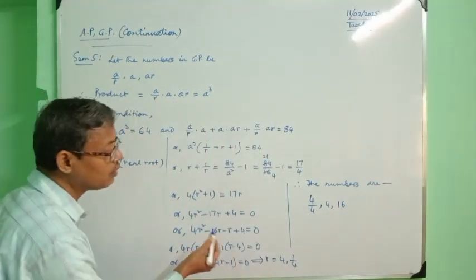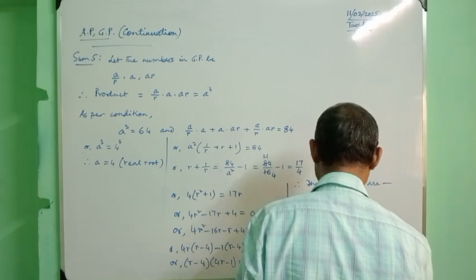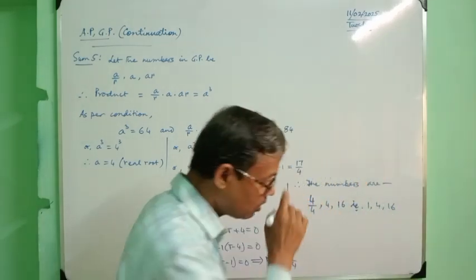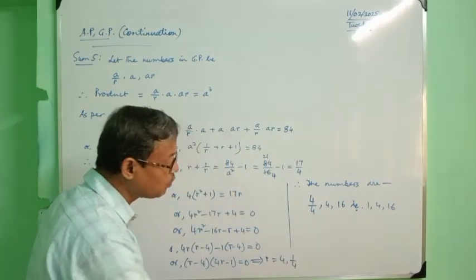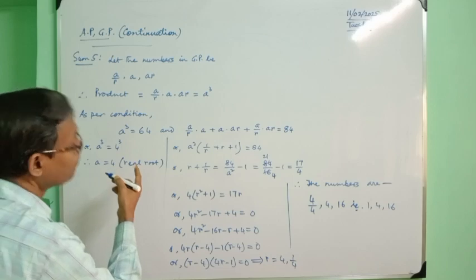Taking r equal to 4, we get these numbers, that is 1, 4, 16. Now taking r equal to 1 by 4, the first number will be